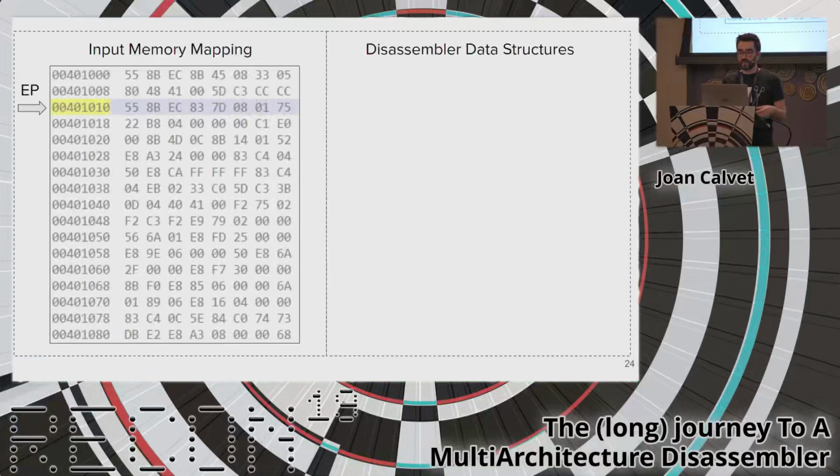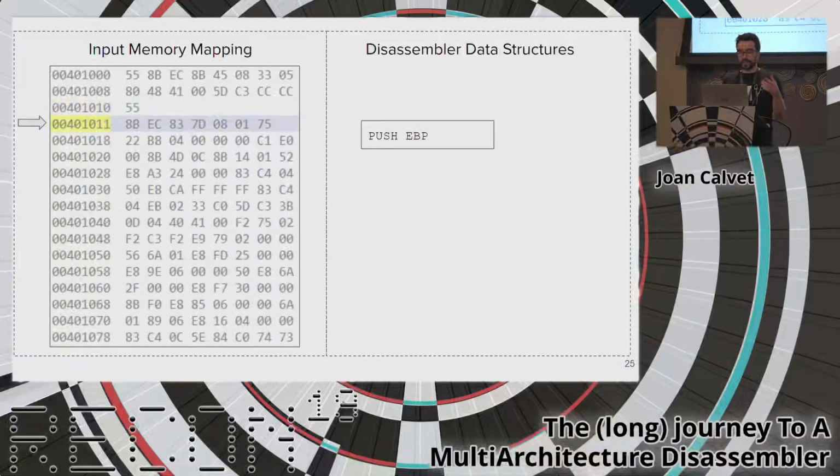So let's try this. Here I represented on the left the memory mapping of secret.exe provided by the PE parser. The first column is the address, then there are the bytes mapped at this address, and we have a pointer to the next instruction to disassemble, initially set on the entry point. So once again, for the sake of the argument, we skip the compiler boilerplate code, and so the entry point is on the main routine. And on the right, we're going to write down the data structures that we are going to build during the disassembly. So we start, we give the first few bytes to the x86 instruction disassembler,